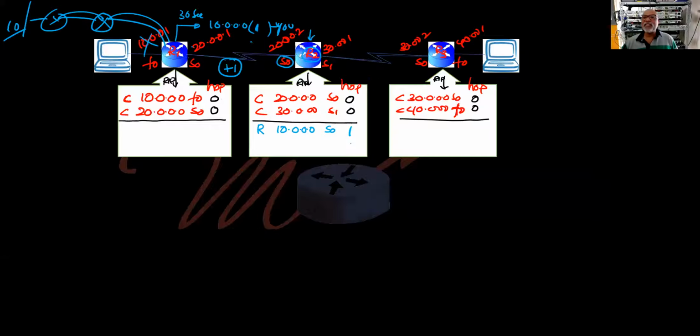When he tells the next guy, he will add +1 and tell. What will he tell? 10 network is 2 hops away. Then he will check the routing table. Do I have 10 here? No. So RIP is telling me 10 network via serial 0, 2 hops. So I don't question it.